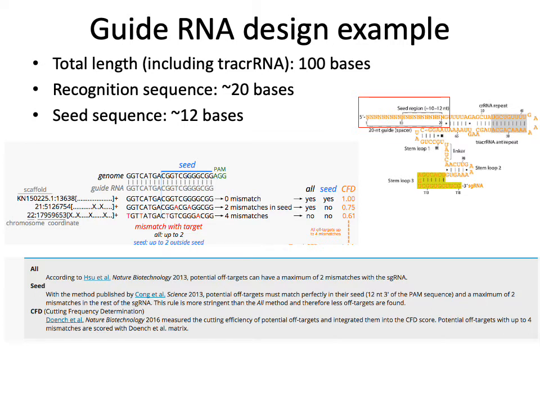It gives you an alignment, so it shows you where all the mismatches of the off-target sites are with respect to the guide RNA, and those are highlighted in red. It also summarizes how many mismatches were found in the seed versus in the total 20 base recognition sequence. And for this particular software, it gives you a cutting frequency determination score, where 1.0 means it's more likely to cut at this off-target site,